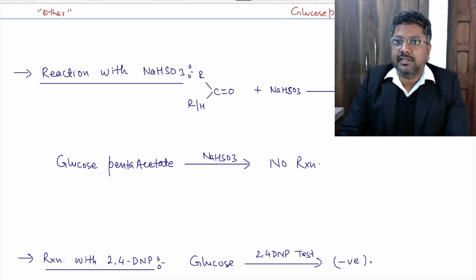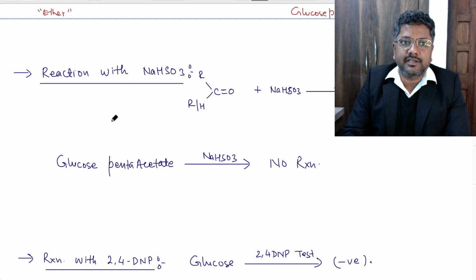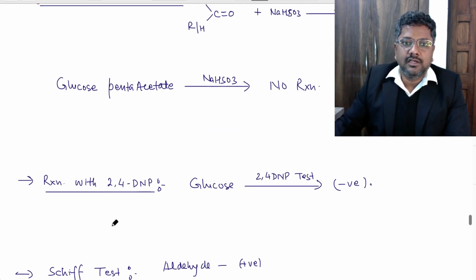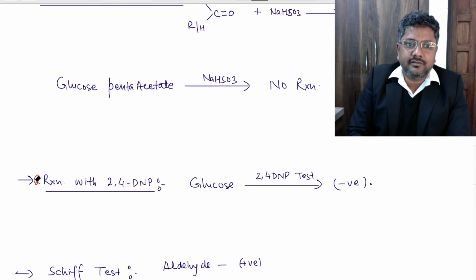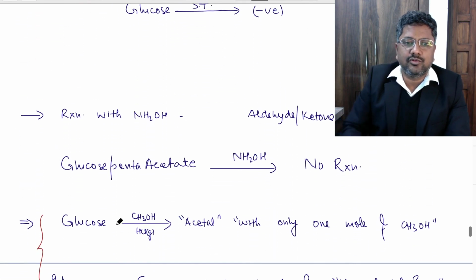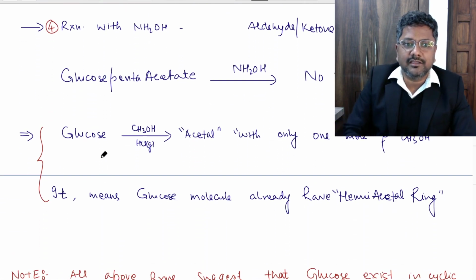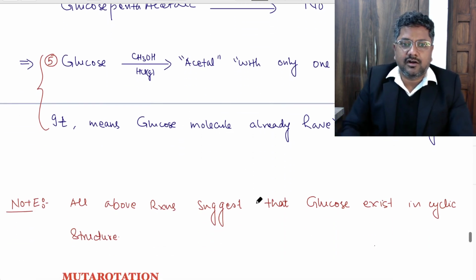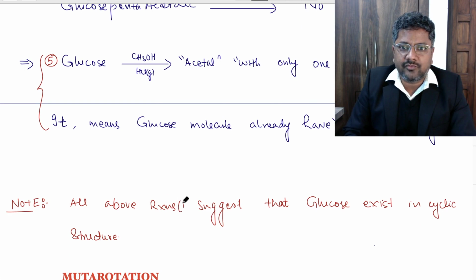But if you see here, if I classify these reactions, this is one observation, this is a second observation, this is a third observation, this is the fourth observation, and very important, this is the fifth observation. So all these observations, all above reactions 1 to 5